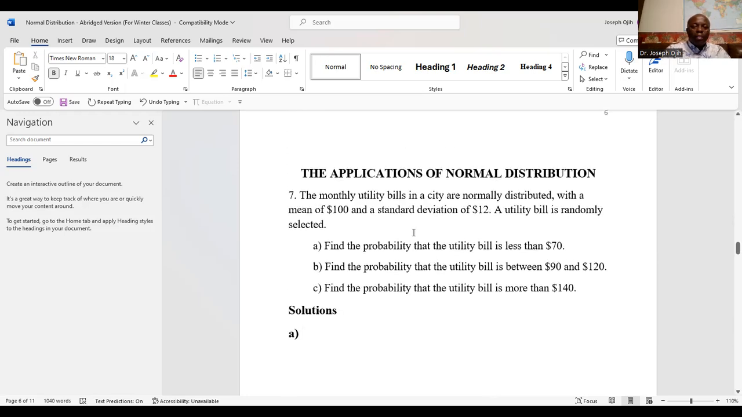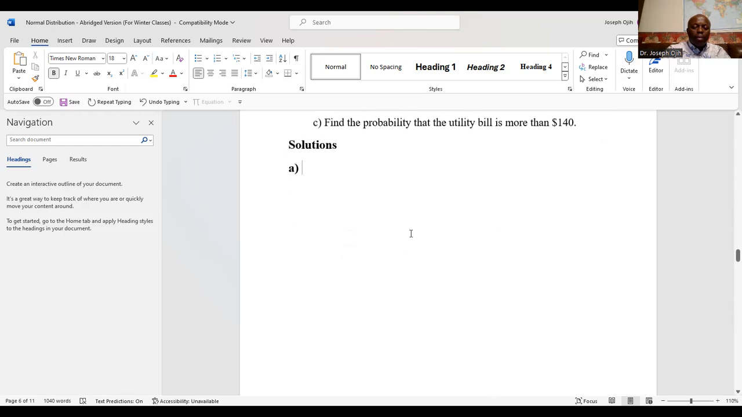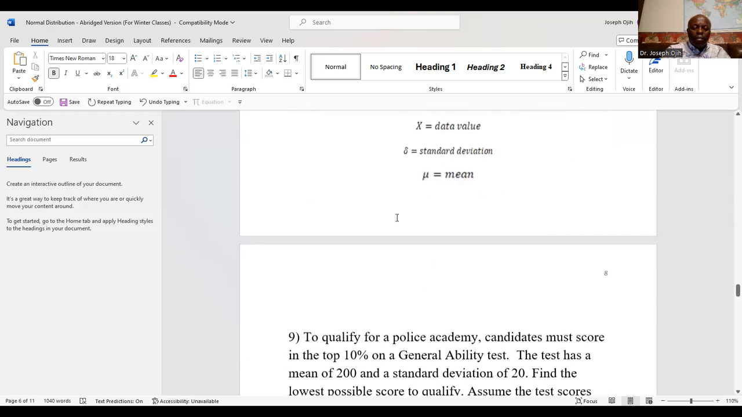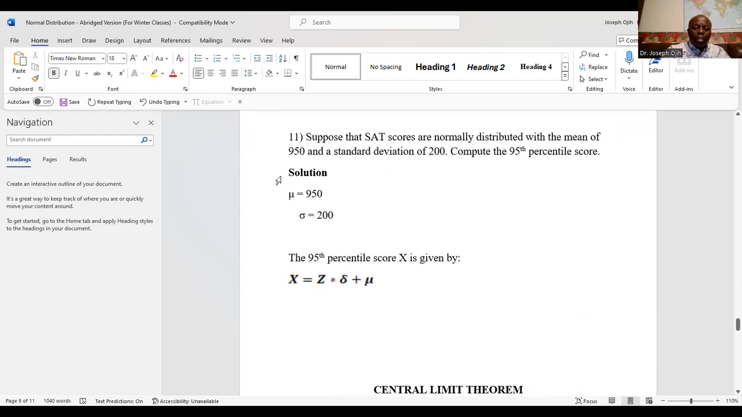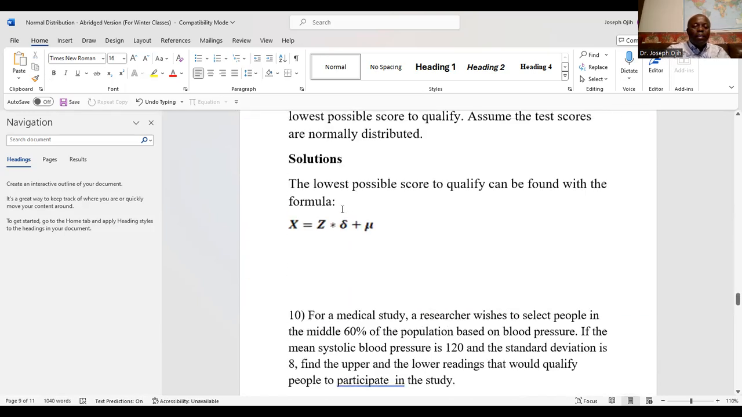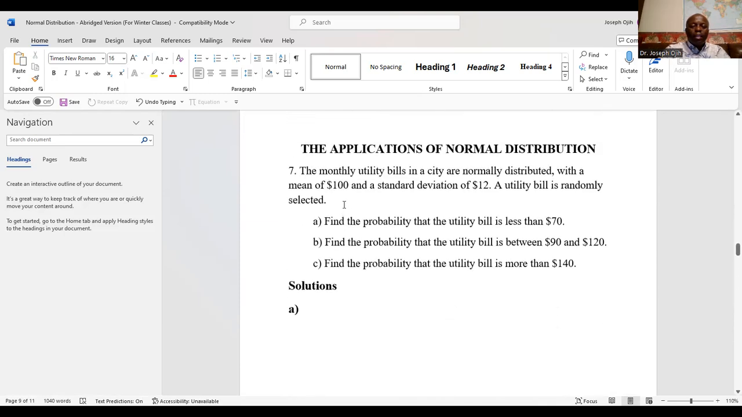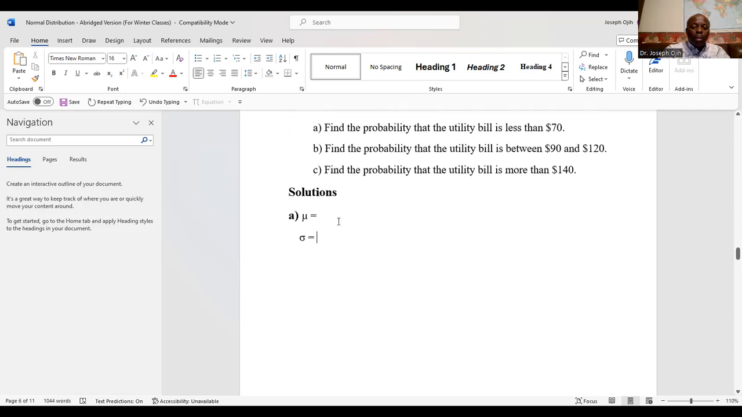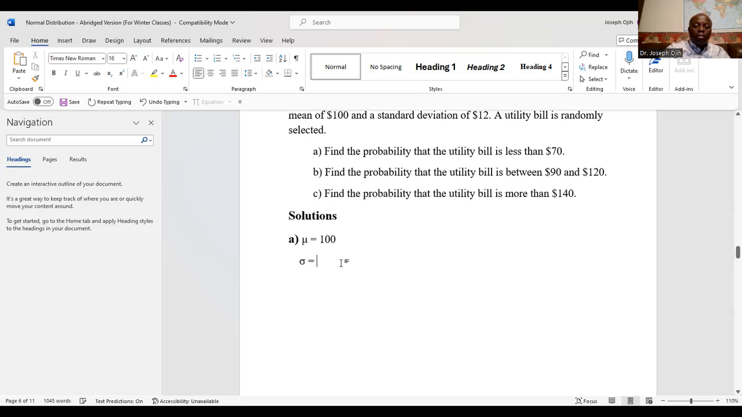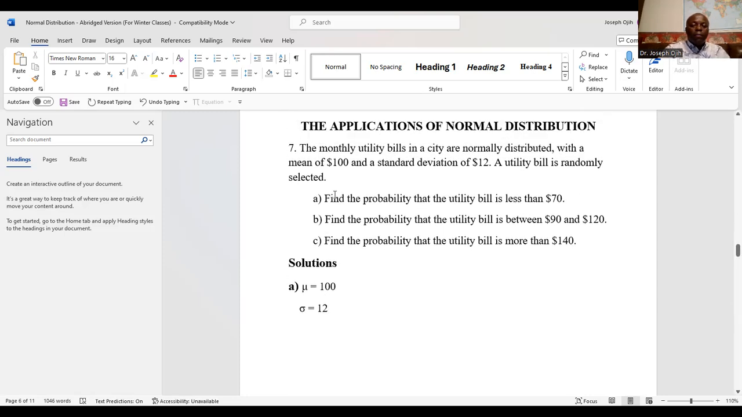So the mean is, let me get to where I wrote it down, the symbols. Okay, so now we have the mean right here. For this question, we are given that the mean is $100, so I'm going to put $100 here, and that the standard deviation is $12, $12 here. Part A says find the